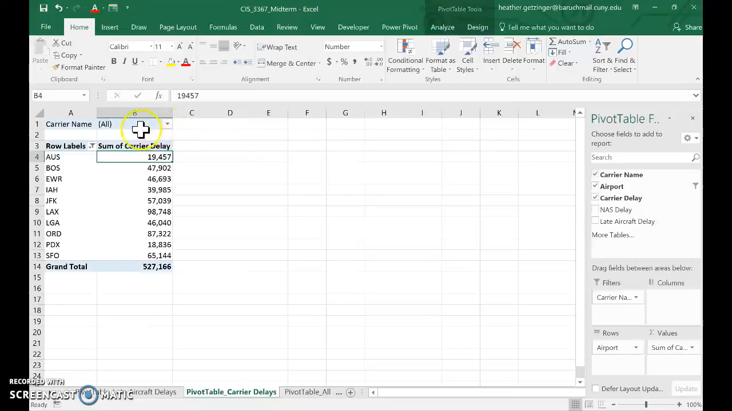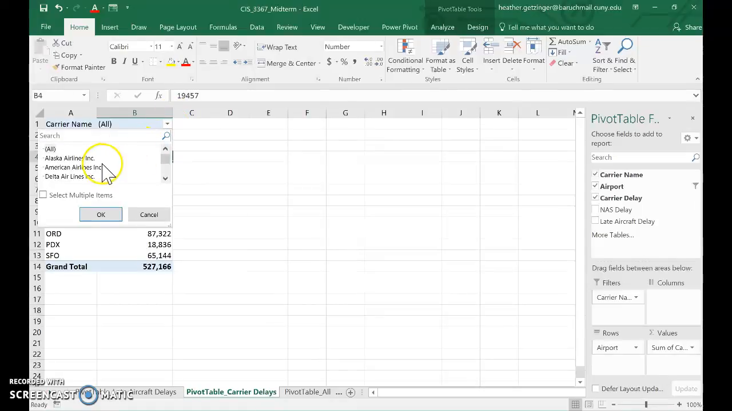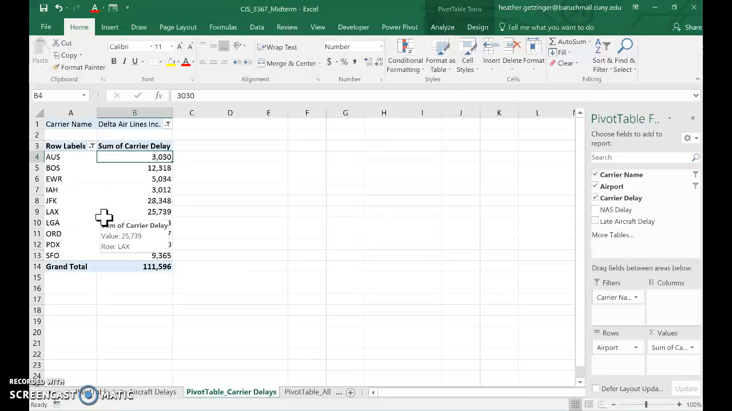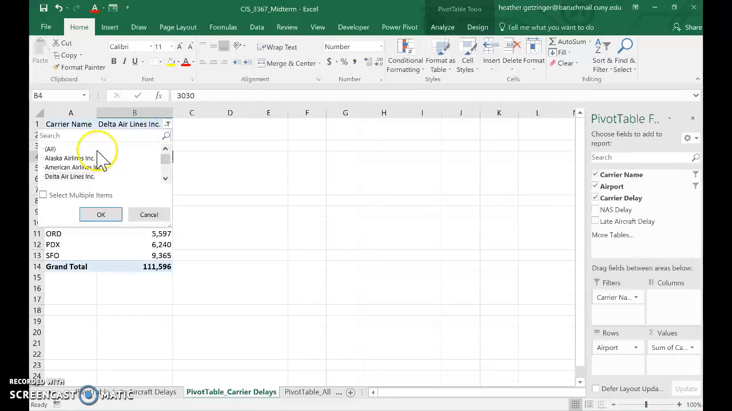However, I also added a carrier name as a filter. And the reason I did that is because carriers and carrier delays are obviously highly interrelated, and I wanted the option of being able to view the data for each airline individually if I wanted. So like here, if I wanted to view the information for Delta, there it is. And this is also reflected in my pivot chart, which is on my dashboard. But I'm going to show you that later. So for now, I'm going to go back and